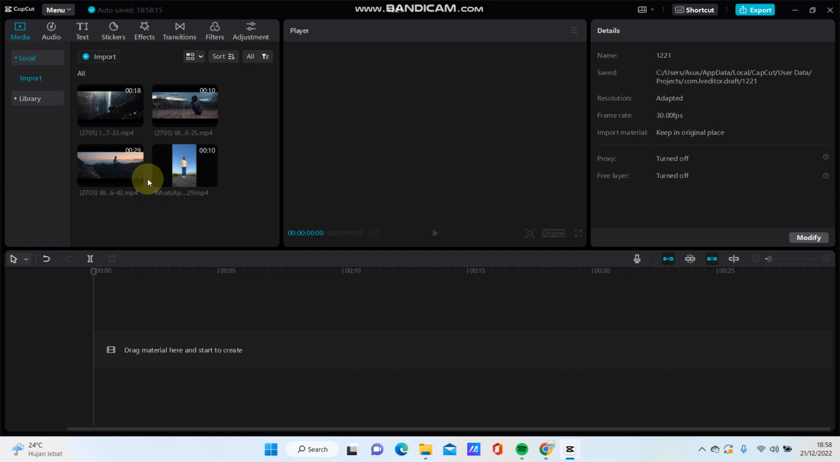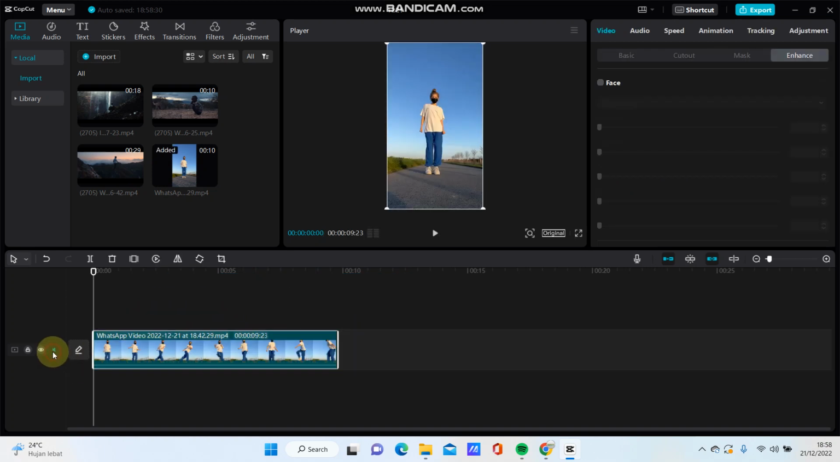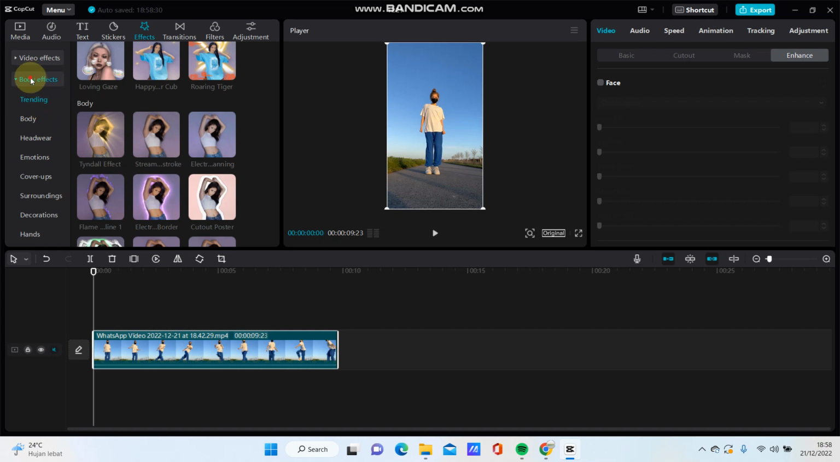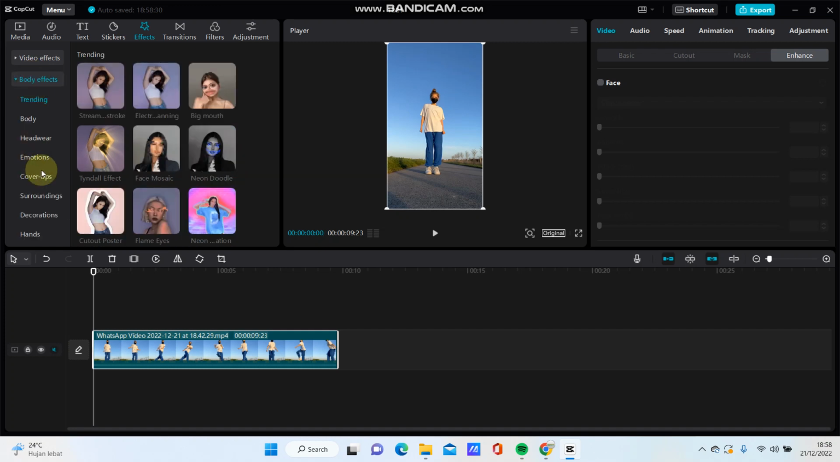Hello everyone, in this video I want to show you how you can add a cutout poster effect in CapCut. So just going to select the video and then just go to effect. So select this body effect and you can find